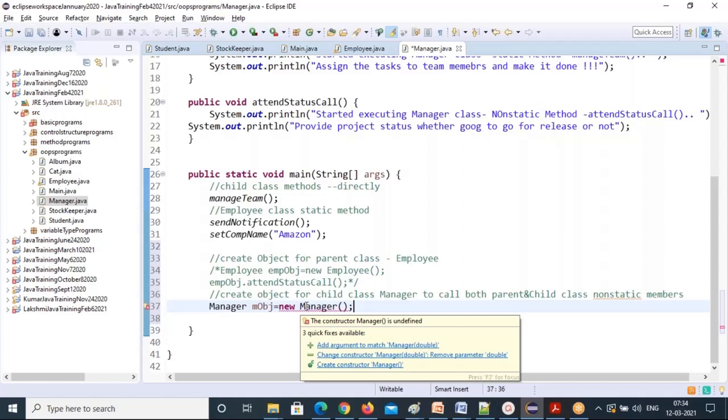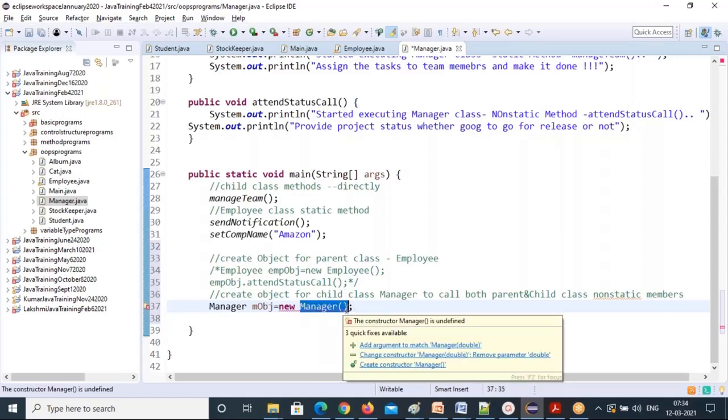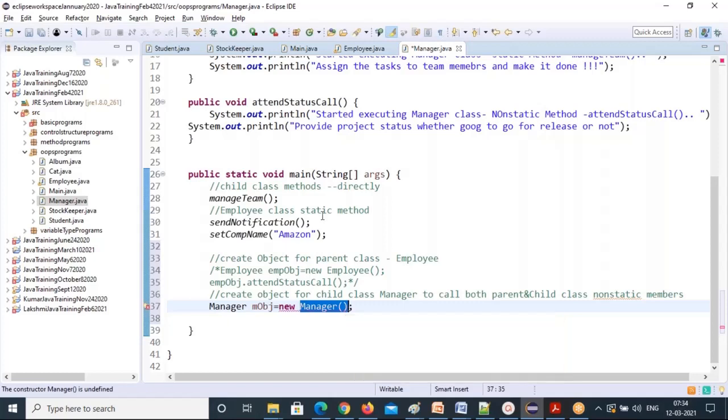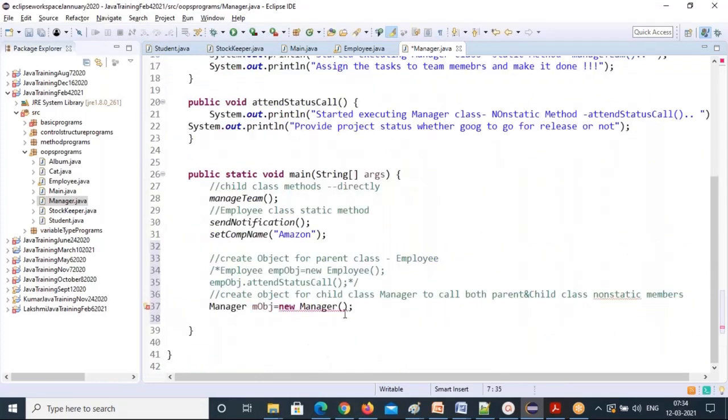Manager has a parameterized constructor. But which constructor are we calling here? The default constructor. But Manager has a parameterized constructor, and we are not passing arguments. That's why it is throwing an error. So now I'm going to pass an argument, and now I'm calling the parameterized constructor.